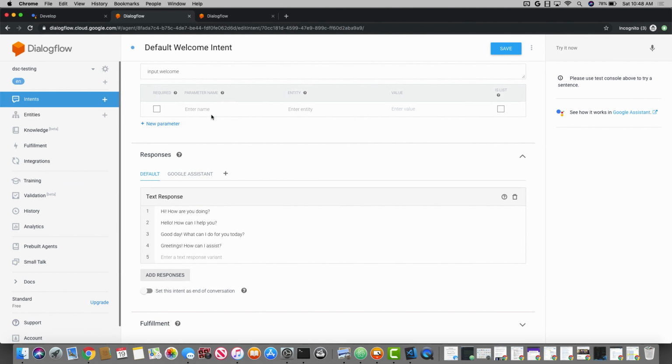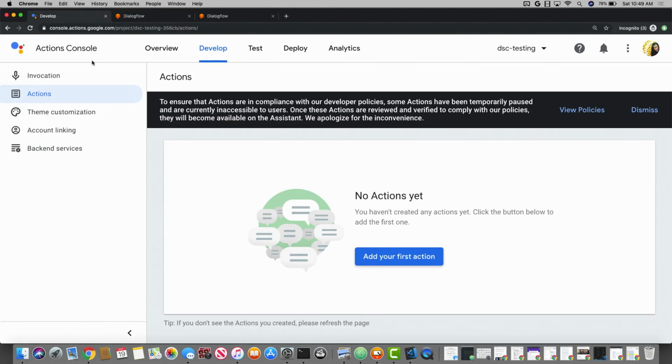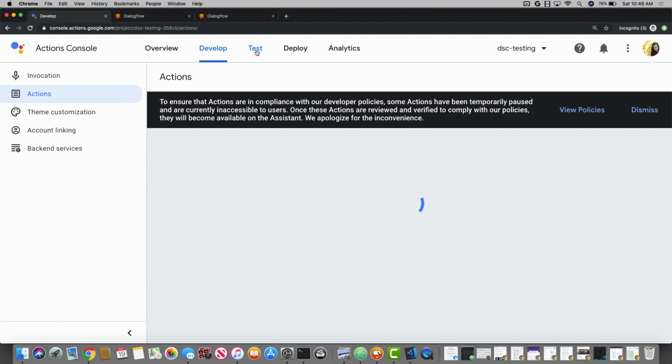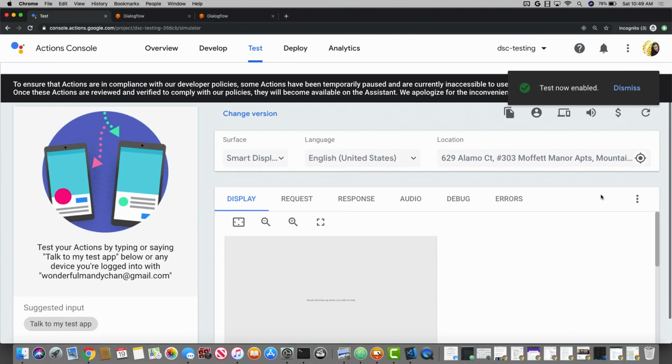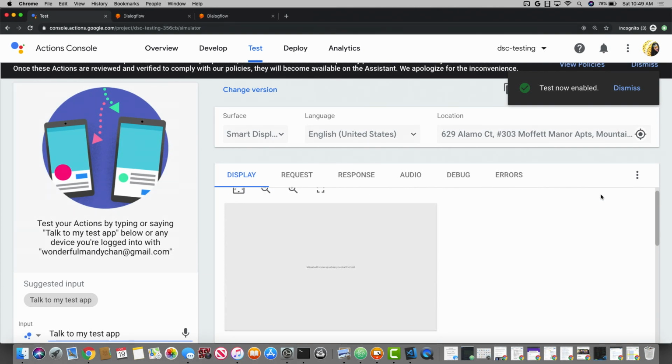Even right now, we didn't add anything, we didn't change anything. If I go to Actions on Google Console and click Test, you should see this page, which is the Actions on Google Console I mentioned earlier. Even if you don't have a Google Home at home, you can still develop an action. If I say talk to my test app, I should see exactly